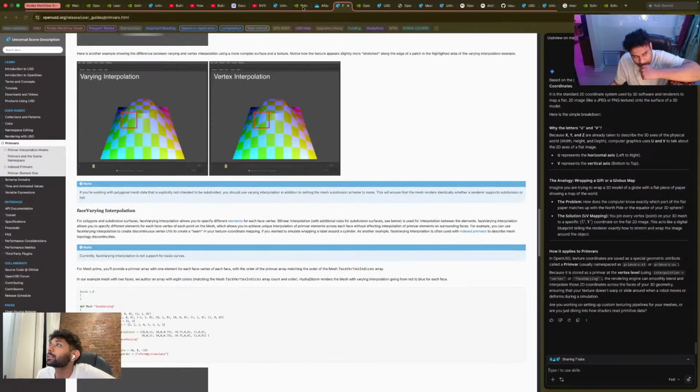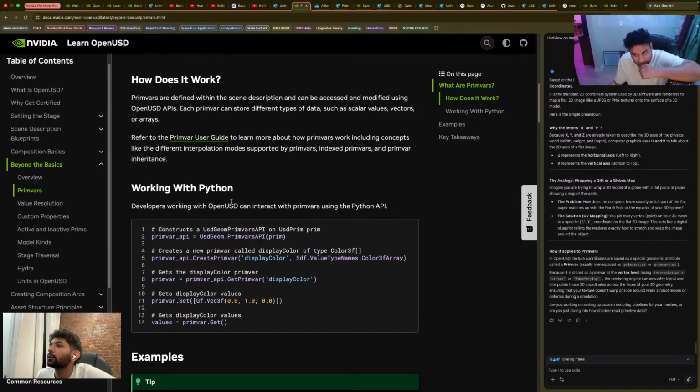Let's go back. Refer to the primvar user guide to learn more about how primvars work, including concepts like the different interpolation modes supported by primvars, index primvars, and primvar inheritance. I see. Okay, primvars API. That is the most important thing, first of all,